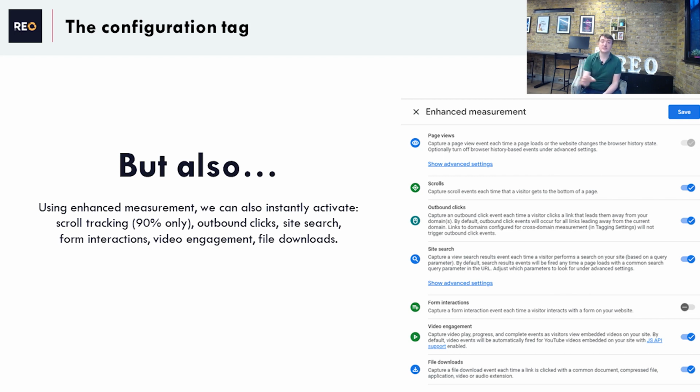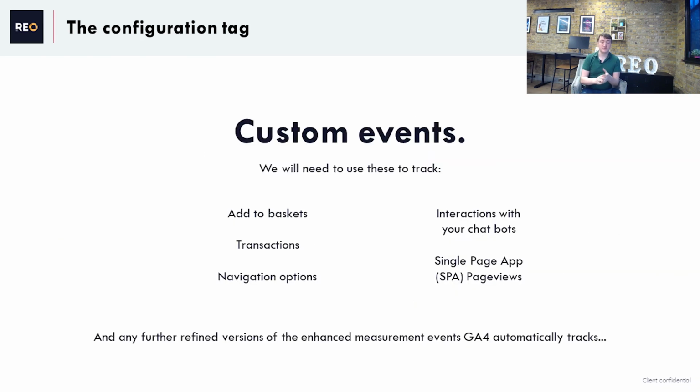So while these events are nice, they are not the be-all and end-all. To refine that, we have to look at custom events. Everything that is not the page view and engagement events or those enhanced measurement events has to be added in